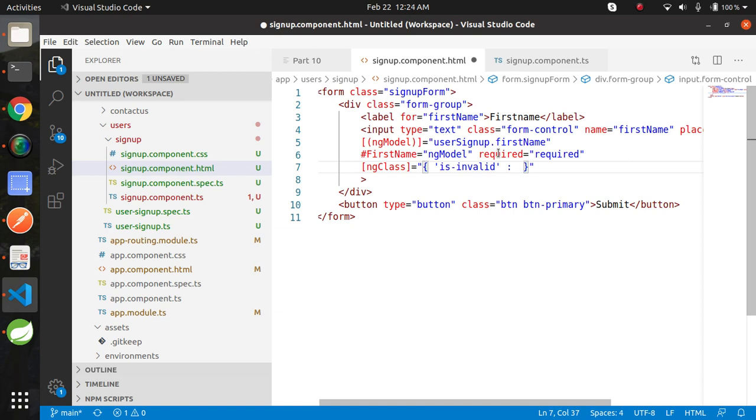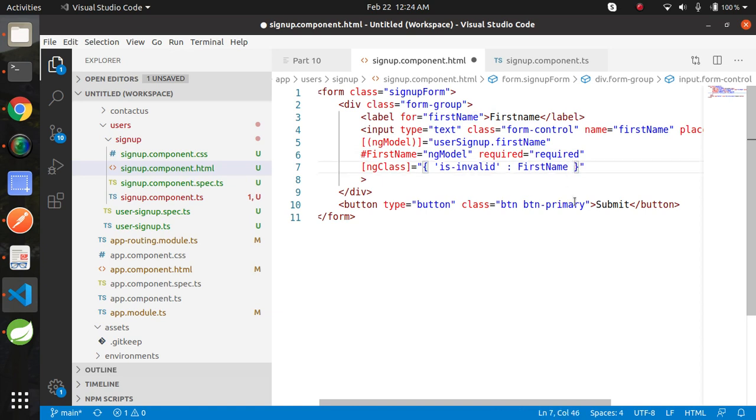And now we need to add condition when field will be invalid. Let's use the template reference variable, firstName.